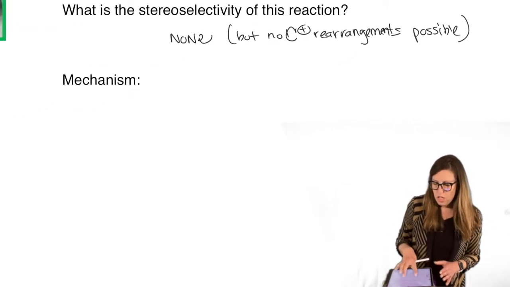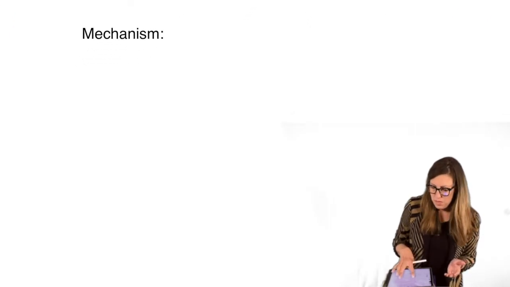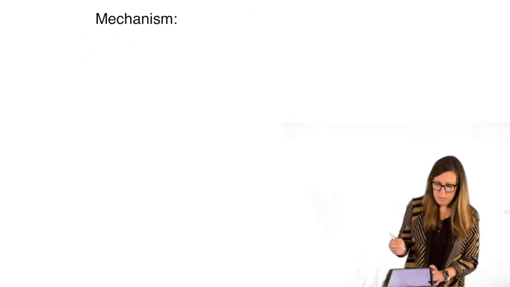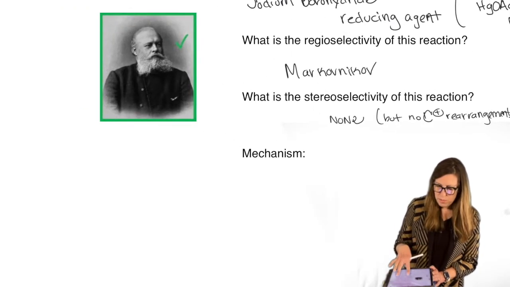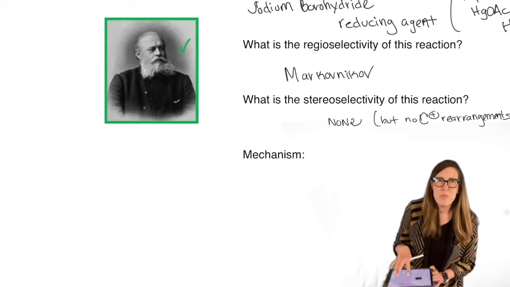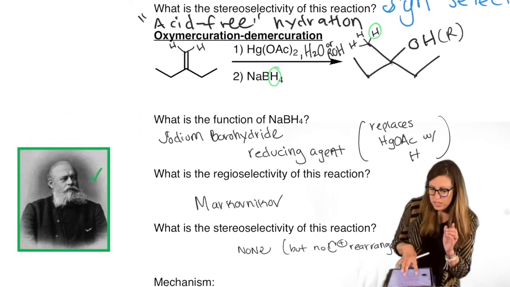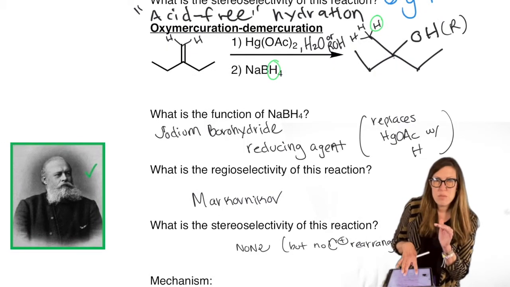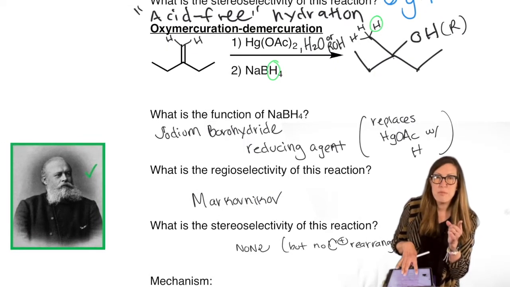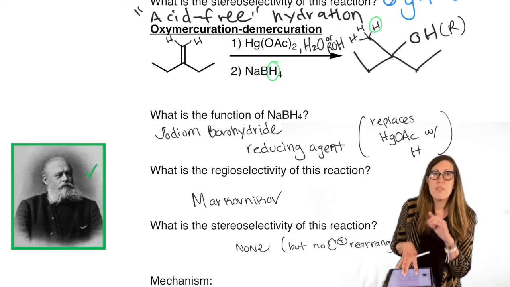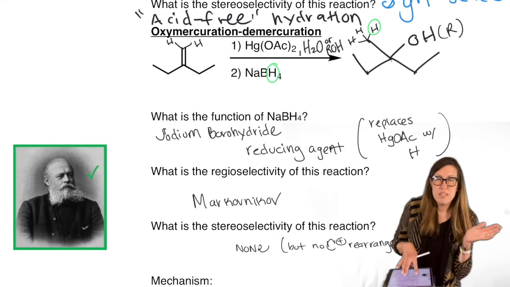We form sort of an unusual mechanism, so we'll have to explore that in a little more detail. So let's spend some time on that. So yeah, that's why I have the Markovnikov there. Remember, it is another way to get a Markovnikov alcohol, but it's not always going to give you the same product as the acid version, because if a rearrangement was possible and you did not want it to happen, this is a good route to go. If you did want it to happen, then you want to stick with the acid version, right?